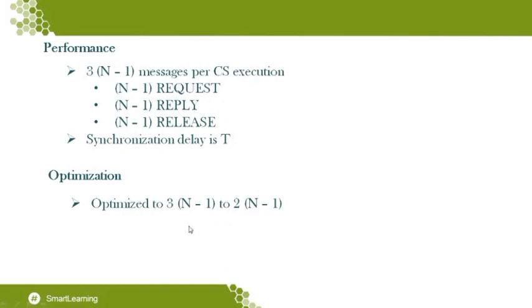If any algorithm is discussed, normally we will try to optimize it. We can optimize it because sometimes when you see yourself at the top of the queue and the request message you receive from another site has a higher timestamp, then obviously you need not send a reply message to that particular site. You can avoid sending that reply message. By using this technique, you can reduce the number from 3(n-1). This optimization may vary between 3(n-1) and 2(n-1) messages.